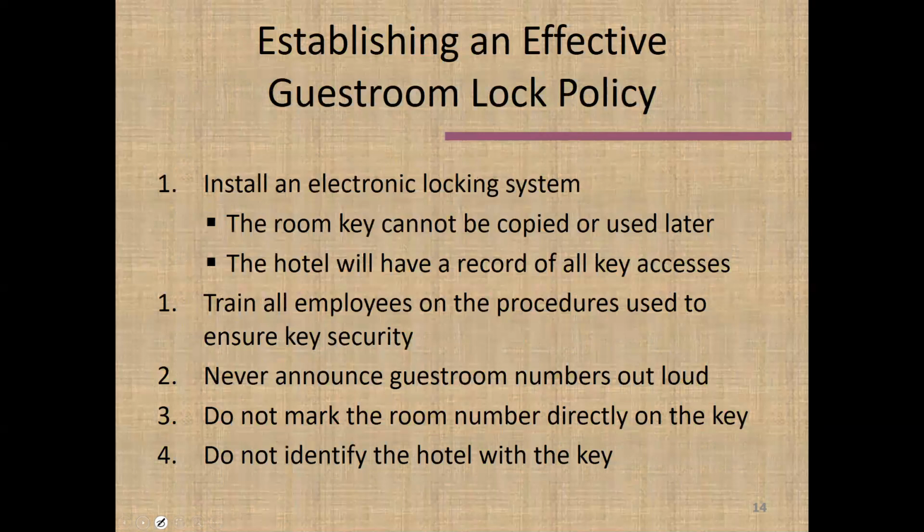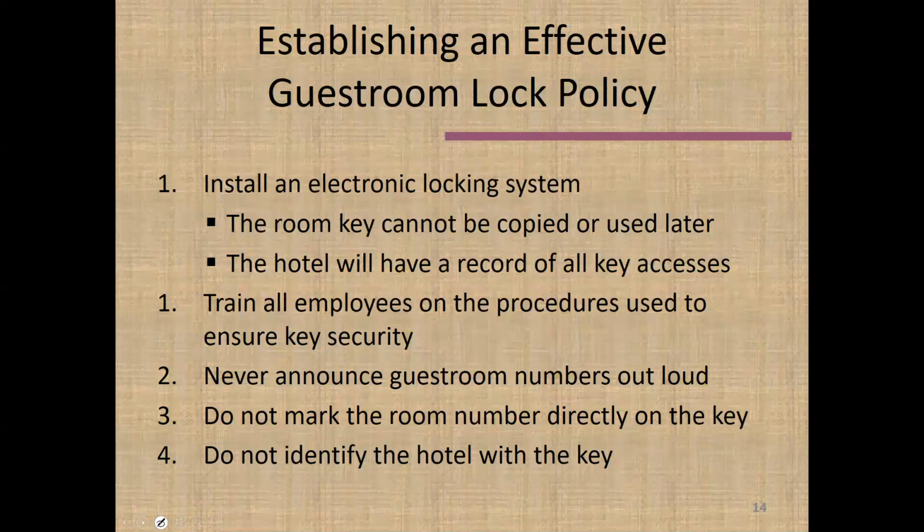that day or not, and you don't know whose key was used if someone was entered. So we don't have the record that we would have if we were using an electronic system. If you decide to develop an electronic system, though, you have to make sure that your employees are well trained about how to use it.